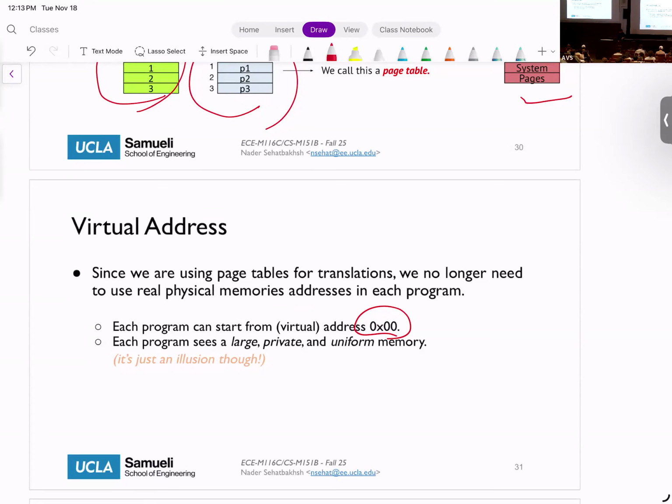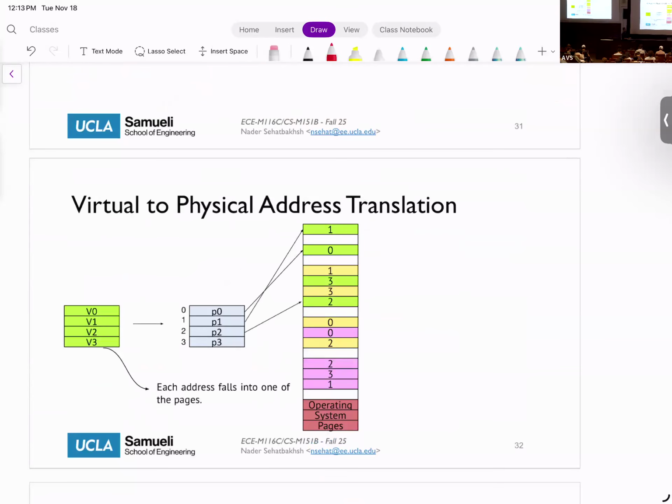What will happen then is that we will need to translate these virtual addresses to physical addresses. So we also page these virtual addresses, and every 4 kilobytes of virtual address belongs to one physical page. We translate this virtual page to a physical page, and then go and actually grab it from the memory.